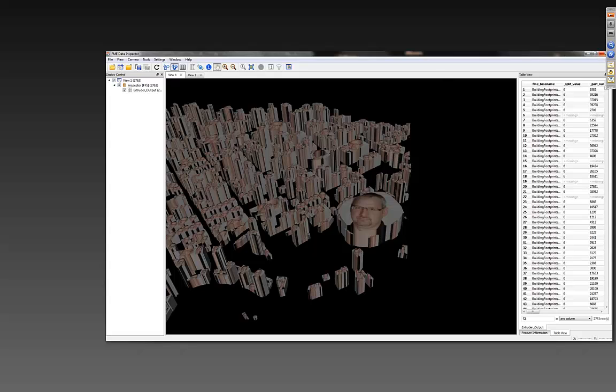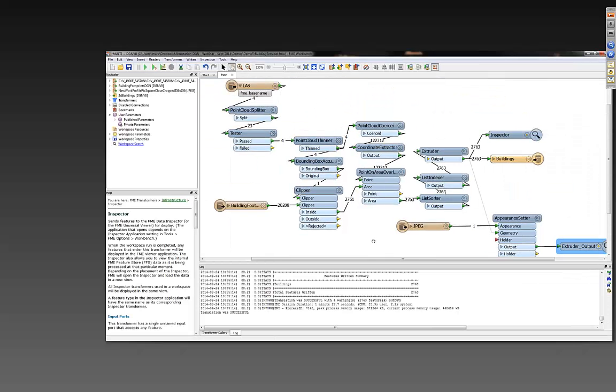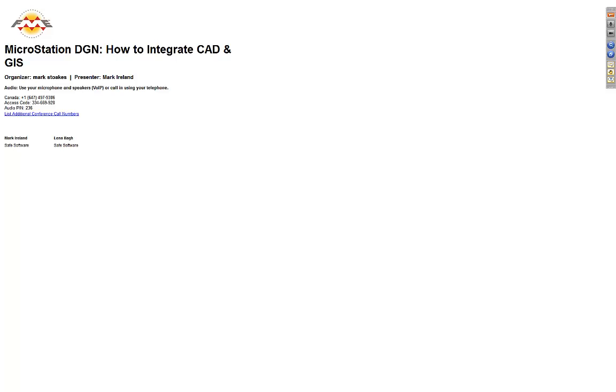I hope that you can apply textures to features, and that workspace took me about 15 to 20 minutes to create. It wasn't long. So once you're familiar with FME,